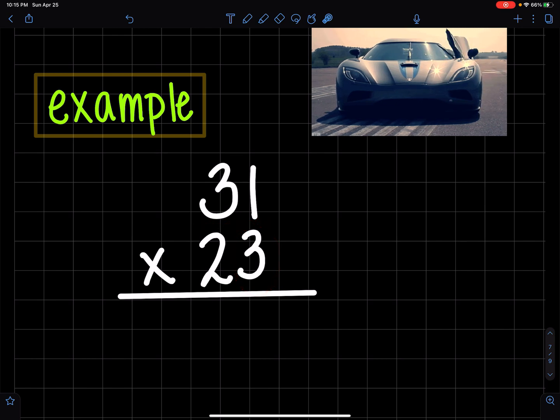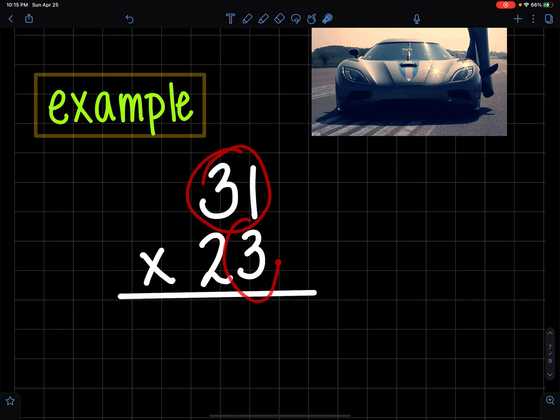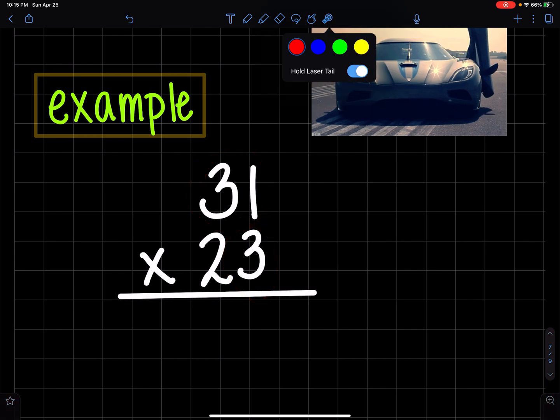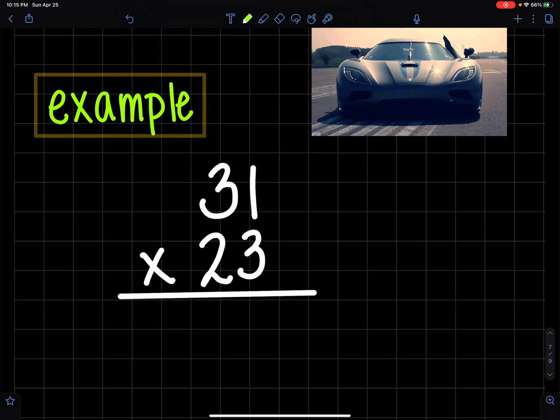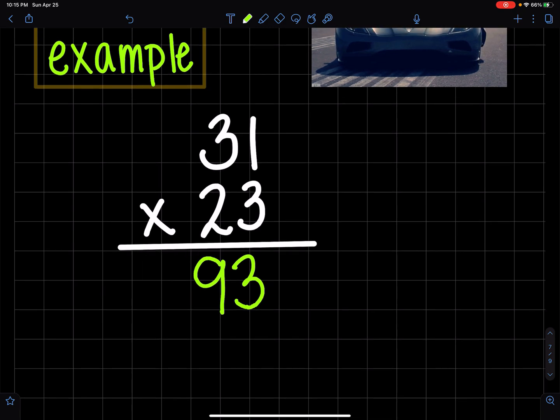If you want to just do mental math and do 31 times 3, you can do that, and you can just write 31 times 3 is going to be 93. And you can just do that if you want. Or you can say 3 times 1 is 3, and you write it there. And 3 times 3 is 9, and you write it there. Okay, then we're going to do